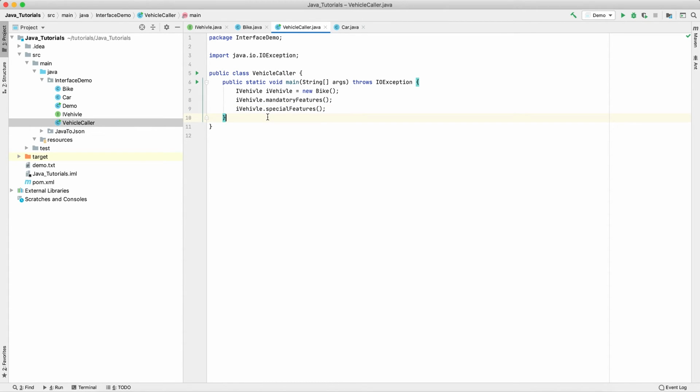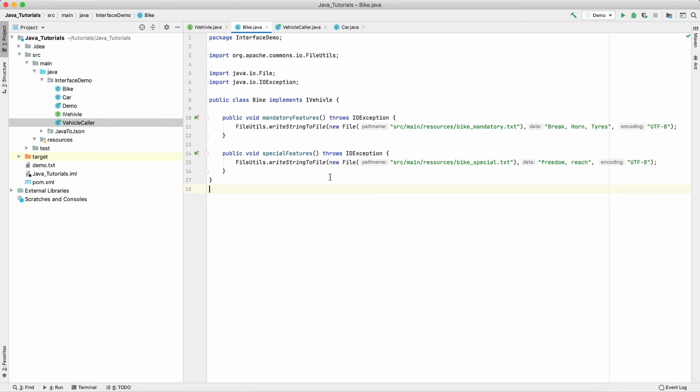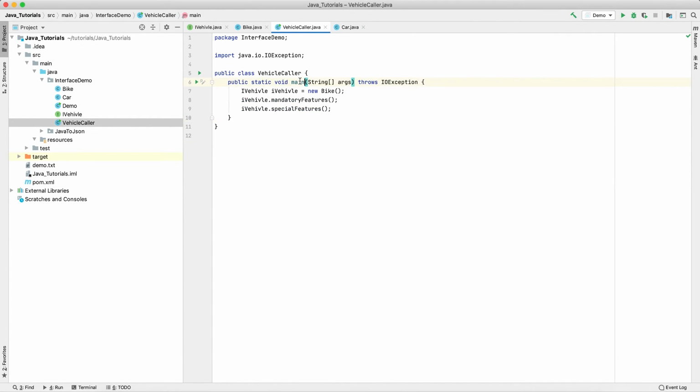Now if we run this particular program, vehicle caller, then the output it is going to give is that it is going to create two files. First one is bike underscore mandatory, and second one is bike underscore special, and whatever string we have written into that particular file, it is going to create those files in the resources directory. If you see the path that we have given, we have asked Java to create these files in the resources directory. Now let's go ahead and run this vehicle caller here,